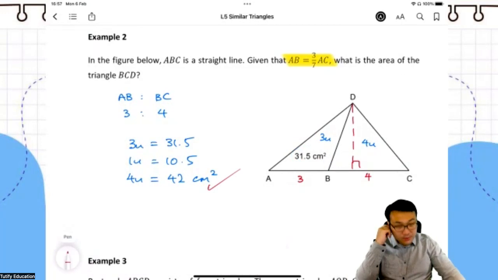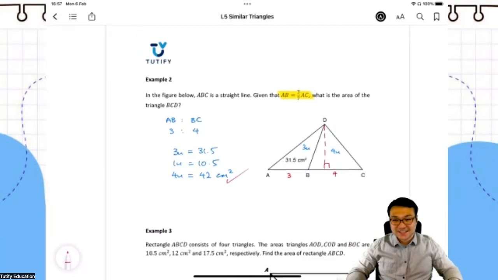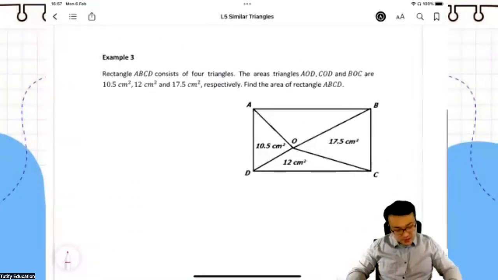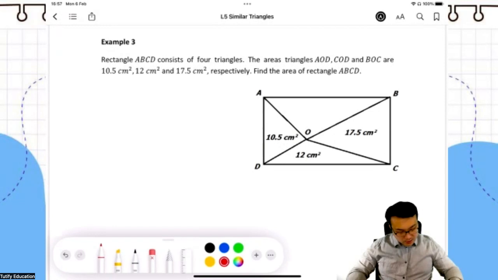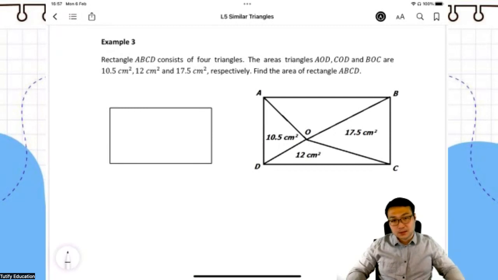Anyone has questions about this, students? Okay, no questions. Let's look at example 3. Over here, what concept are we learning? Okay, let me introduce the concept. Look at this rectangle here. Let me ask